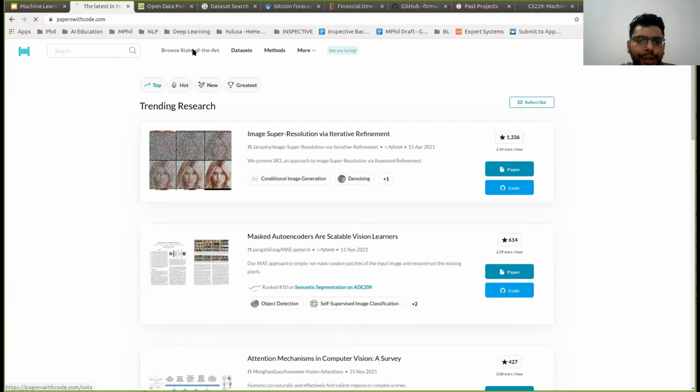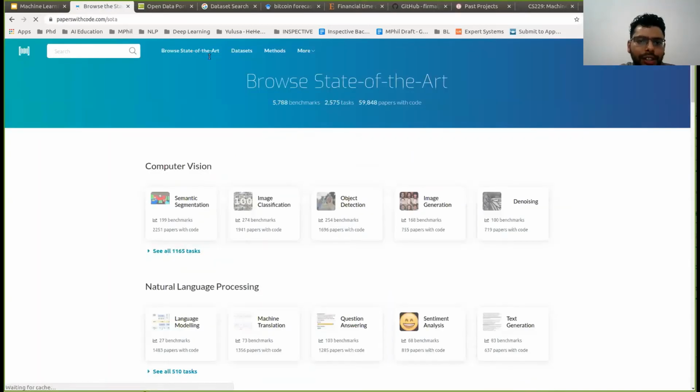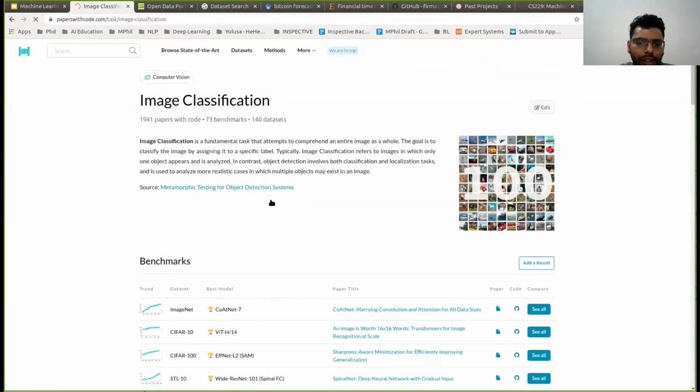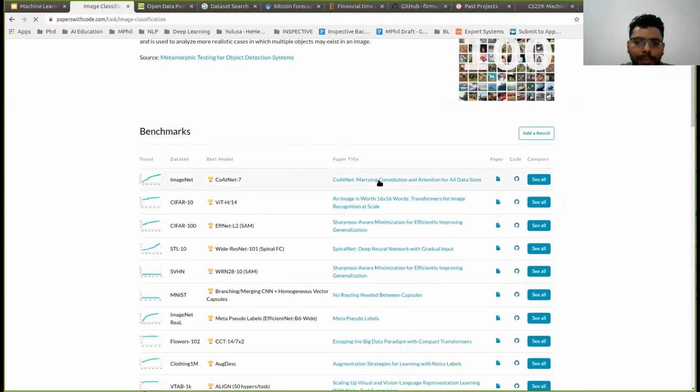If you want to search, there is a section called State of the Art. State of the art means the latest research. If you want to see the latest thing in computer vision, in image classification, you click on image classification, and this is a paper, and this is another paper with the state of the art.